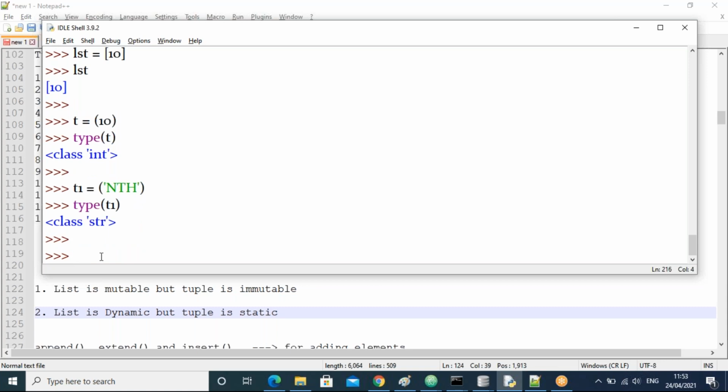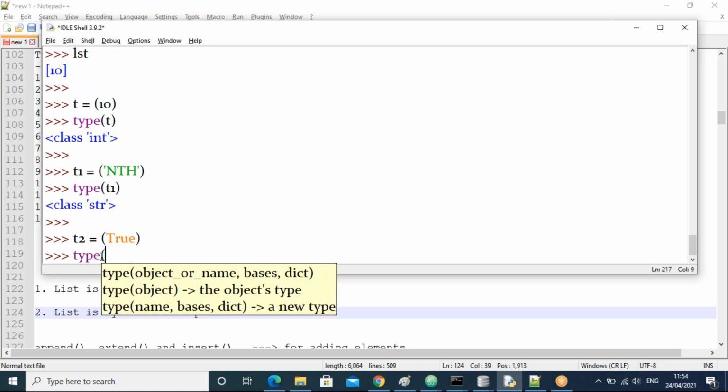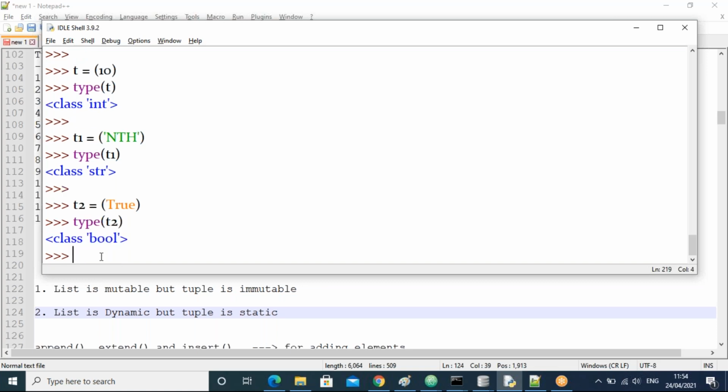Next, let's take something now, True, for example. Then t2 equal to like this. Now what is the type of t2? Yes, bool, guys. Okay, bool. So why, sir?